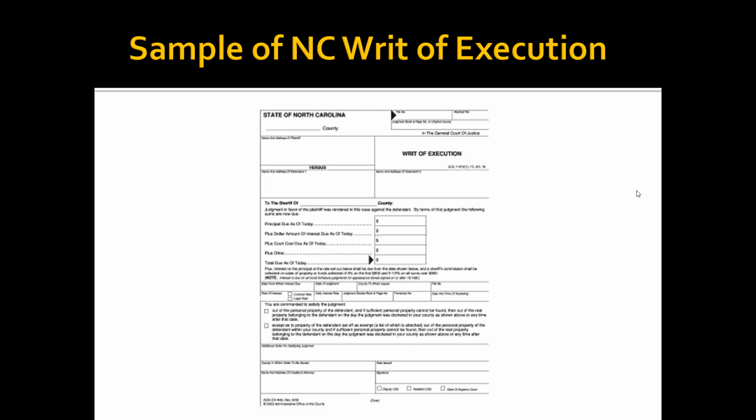And it talks about first, what is the principal? So it was $1,000. Now, what about this other stuff? What is the court cost? What is interest that's due on it? Plus other, which could be collection. So it would give you a total due today. And it might be $1,200, $1,500, or if it was a very old debt, it might be $5,000.